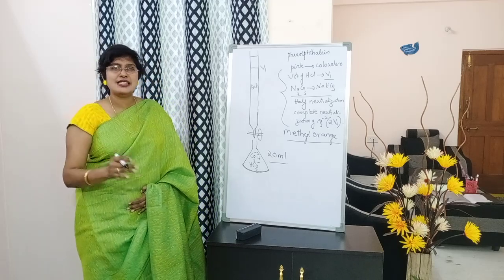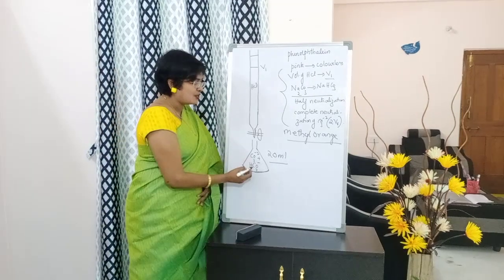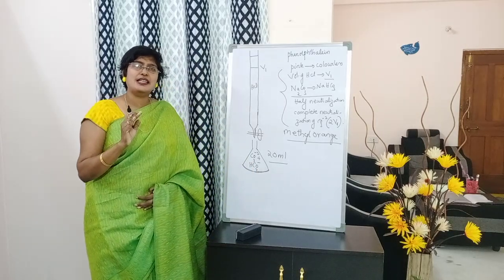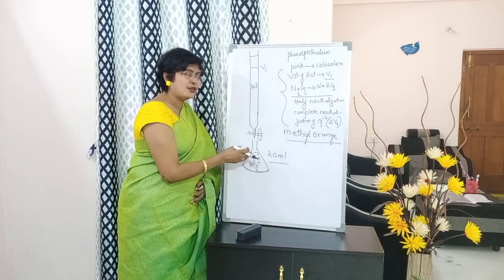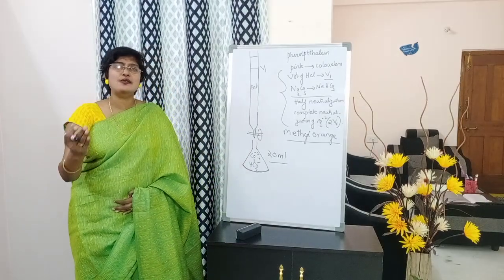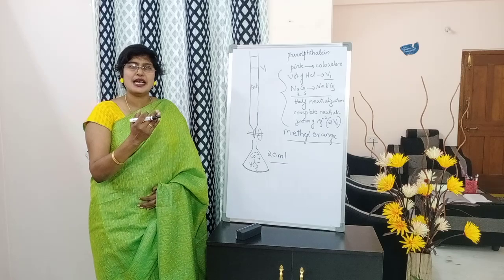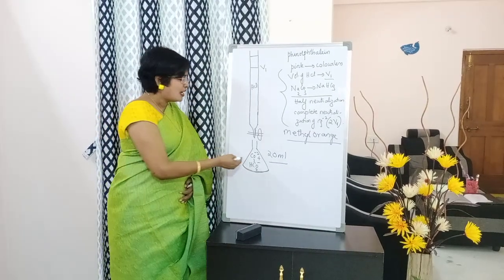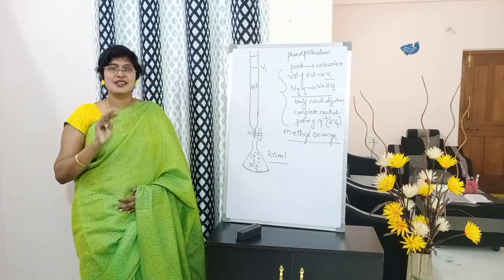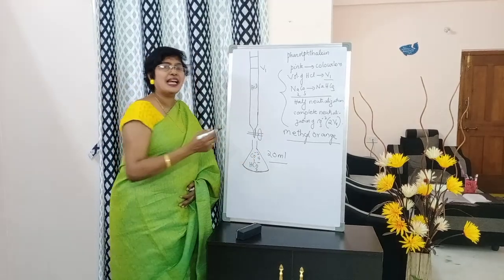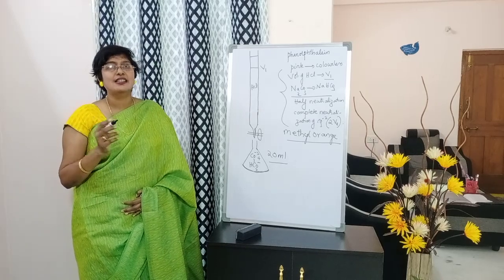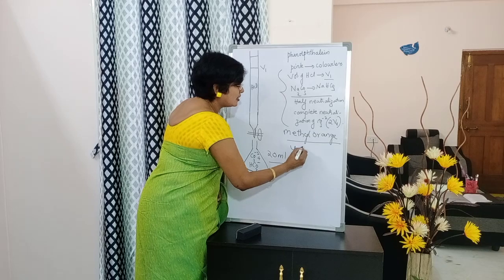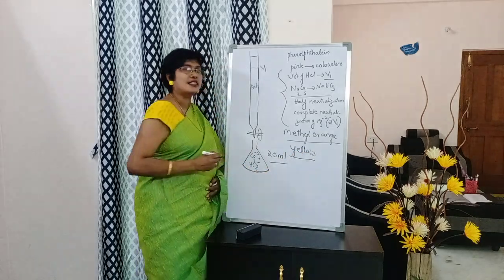Okay. Previously what were there? CO3 2- and HCO3- only were there in the mixture. Now we started titrating with the HCl. Half of CO3 2- was neutralized to give bicarbonate. So that is the new bicarbonate formed in the mixture. Already bicarbonate was there in the mixture. Half carbonate is there in the mixture. Okay. So now what did we do? We added methyl orange indicator. So immediately after adding methyl orange indicator, the solution in the conical flask turns into yellow color.